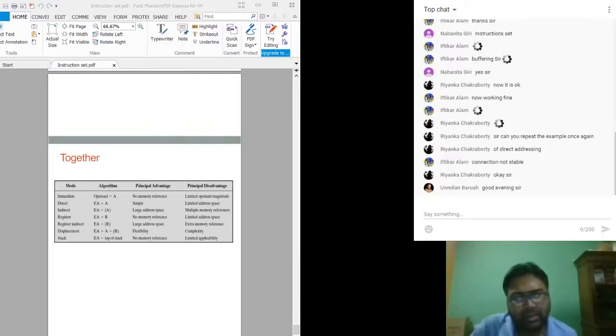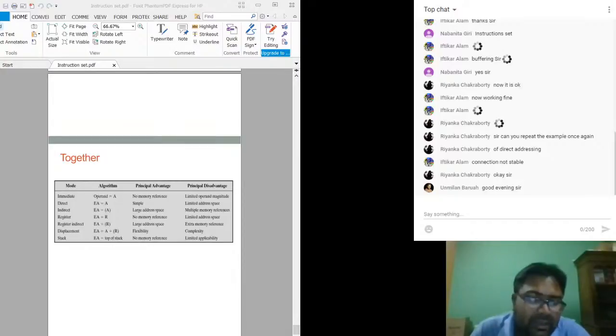Here the advantages and principal disadvantages are given, so we can read it. Immediate means no memory reference is needed, but limited operand magnitude. Direct addressing is simple but has limited address space. Why is it limited? Because based on the size of the instruction, the address will have only a fixed number of bits, so you cannot have more than that.